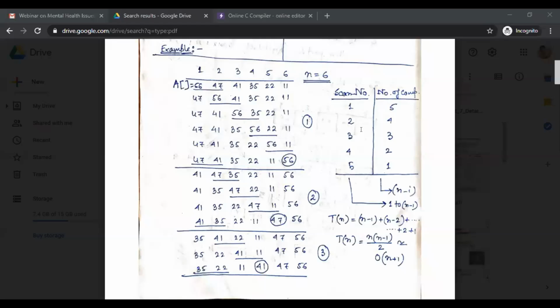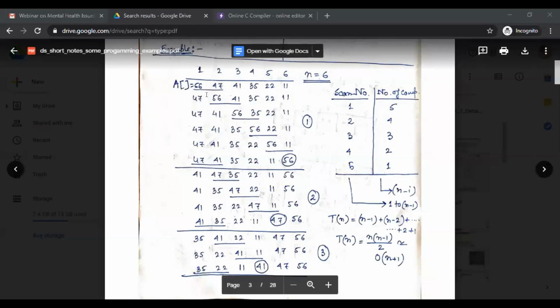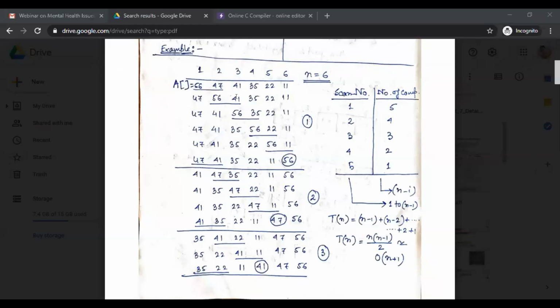So now the I value is 1. According to the condition, if A1 is greater than AI plus 1, now I value is 1, so 1 plus 1 means 2. I'm not talking about 47 now.